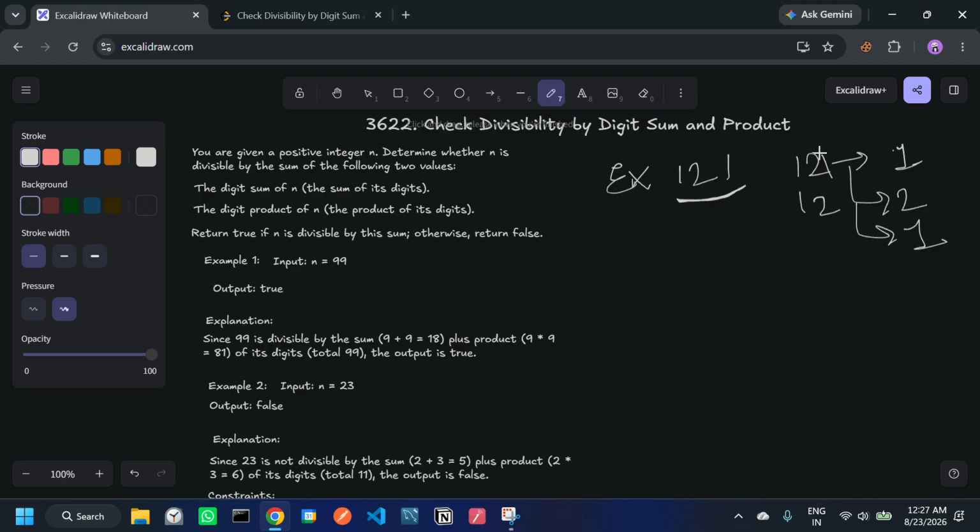How do we find the rest of n? First n is given to us, so 121, we get 2 and 1. How do we find this 12? This 12, how do we find this 12? So what we see is that when we divide n by 10, we have 10,